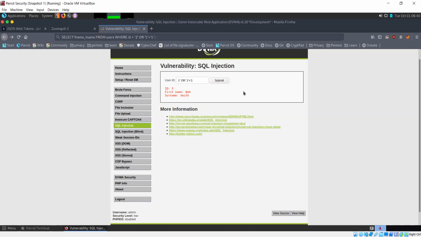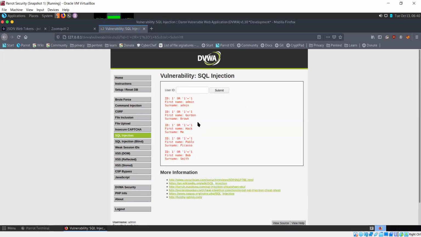Let's try running this. So now we are able to perform SQL injection, and we have received this data, first name and surname, for all available users, which is 5 users basically. So we've received all the names for these users through SQL injection. So is everyone following so far what we are doing? Is this clear to everyone?